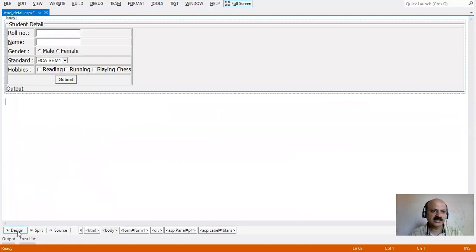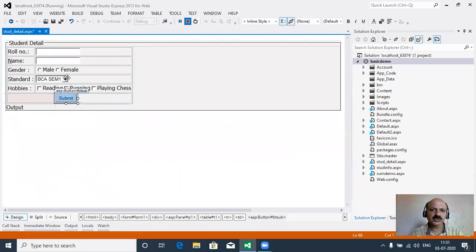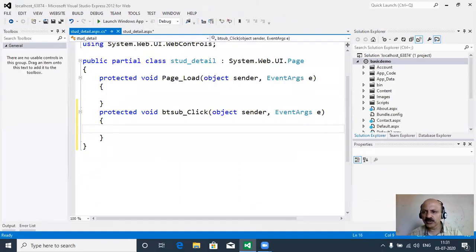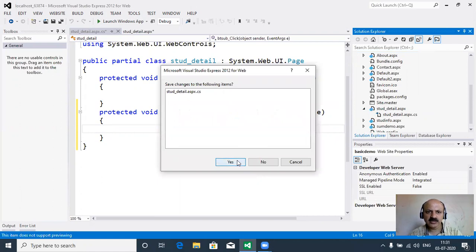So just go to the design part and double click on the button. Okay, the page is running, so we first stop that page. After double click you can also open it in the solution explorer. Here the student detail form is there. I can close it first. Okay, save, yes.